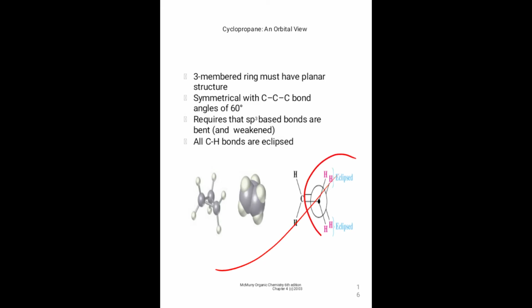So this is present in the eclipse form. Two hydrogens are very close to each other. If you go through the structure of cyclopropane, you can find there are 6 hydrogen atoms. These are the 2, 4, 5 and 6 hydrogen atoms. This carbon and this circle is the second carbon, and the dot at the center is the third carbon atom. In this way we can see the conformation of the cyclopropane.